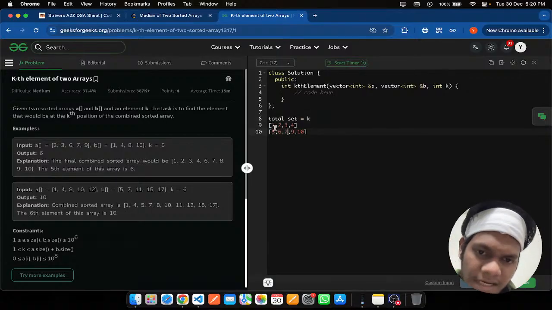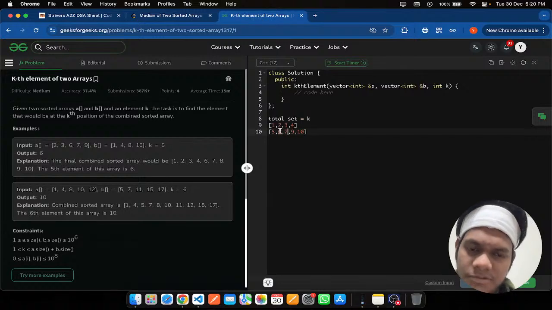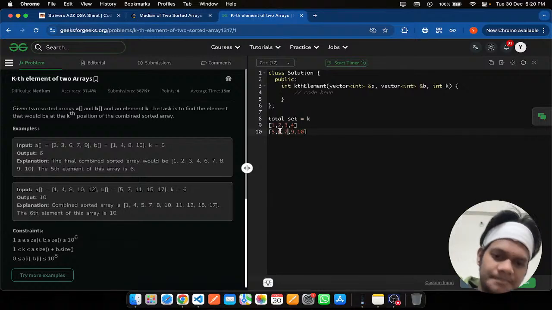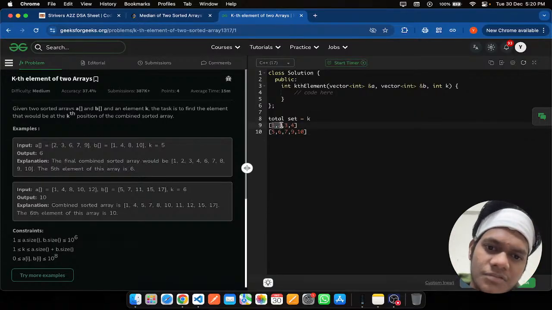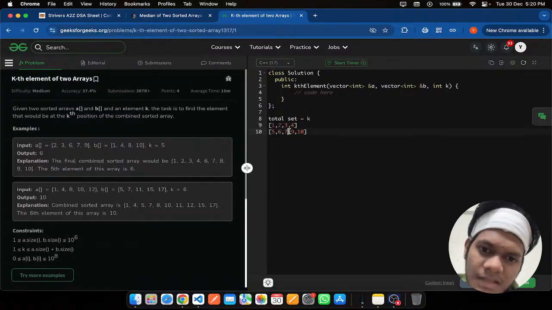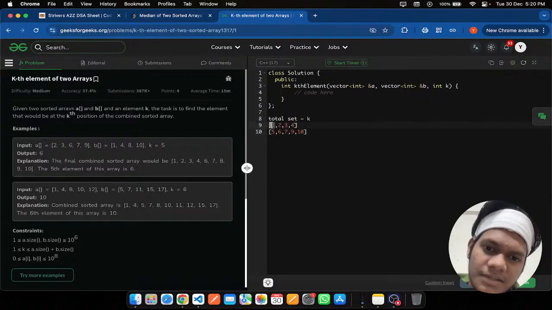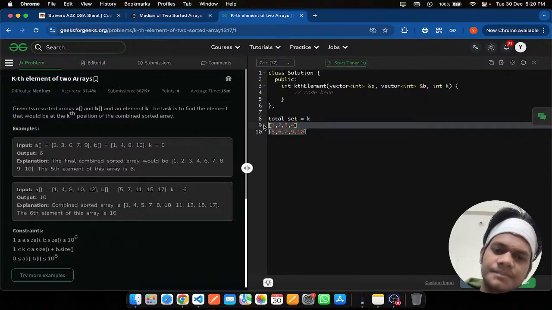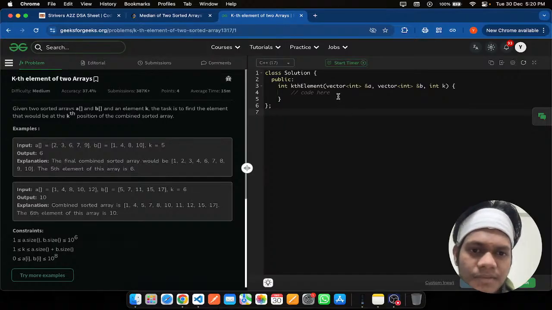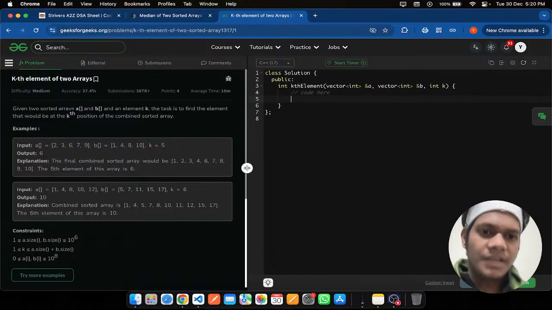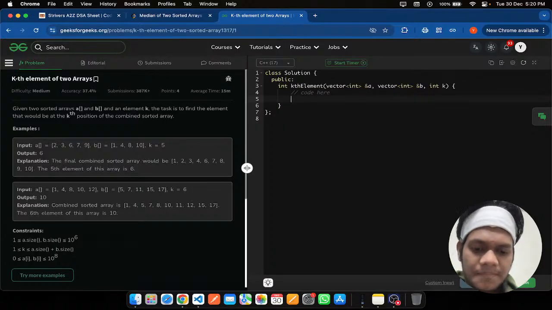Then I check whether this distribution, or this partition, is valid. If the partition is valid, then my element is from one of these two partitions. Either it can be this or it can be this. For the kth element, let us try it. So we have, okay, if a dot size is lesser than b dot size,